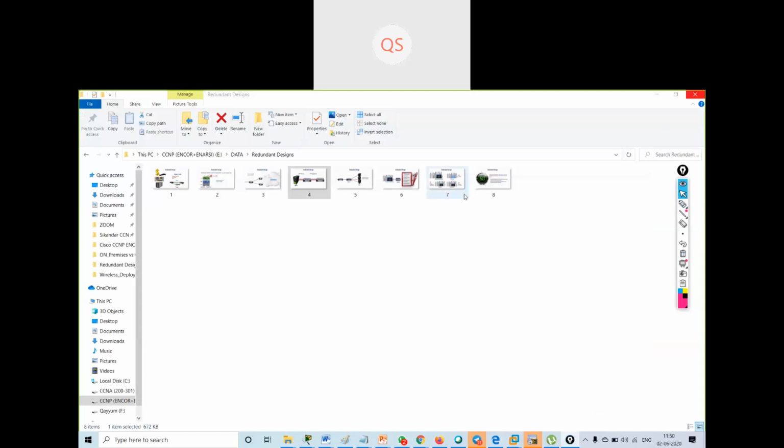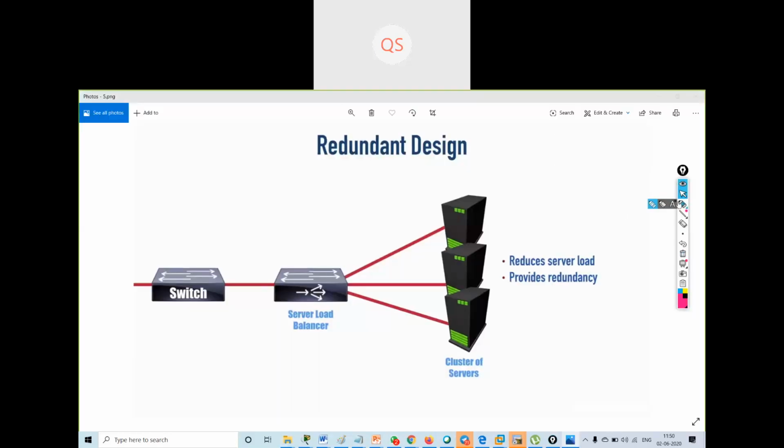Or we can have multiple servers with the same data. We use a server load balancer, a device which load balances the data. Suppose any data is coming in, it will load balance the data to all the servers, so all the servers have a similar type of data.